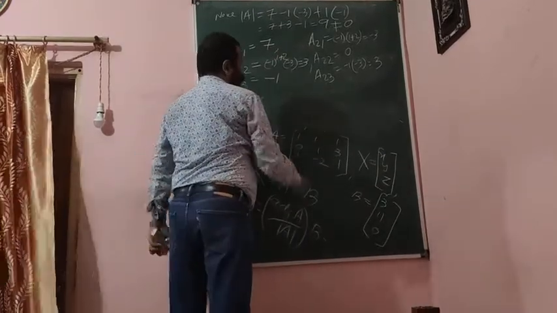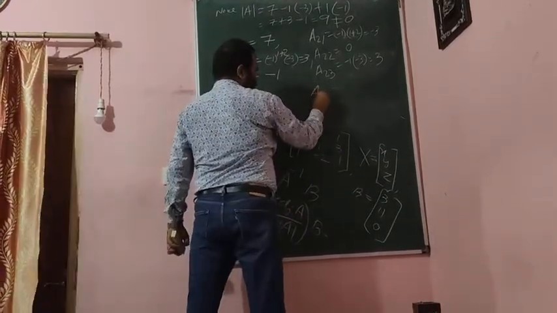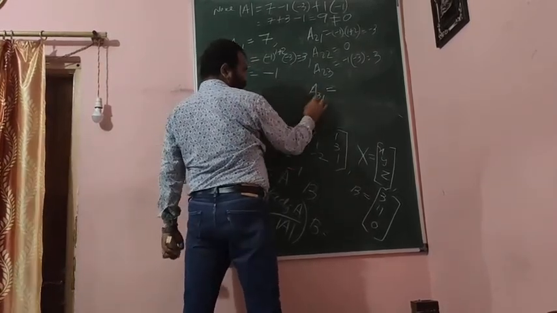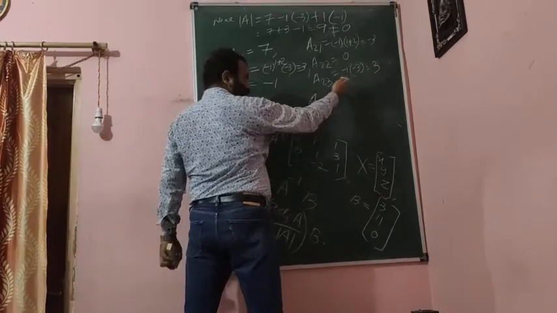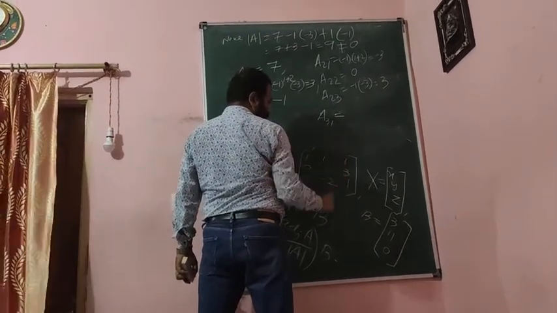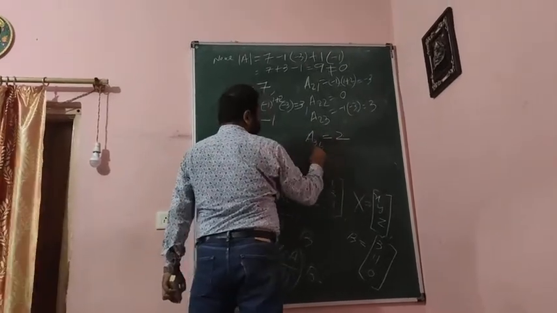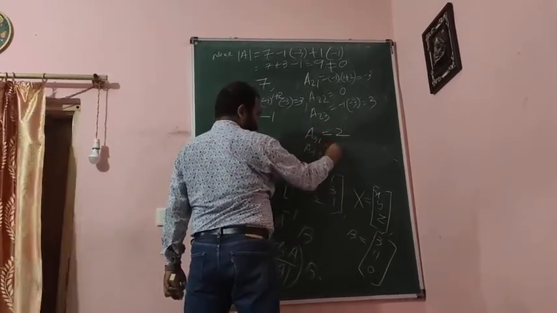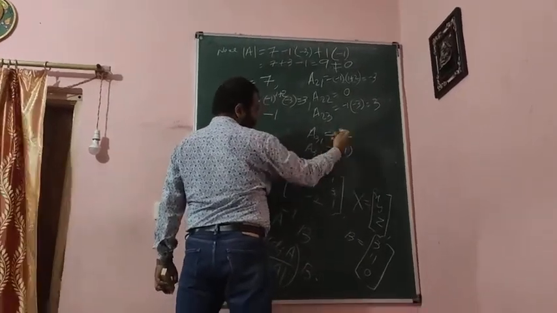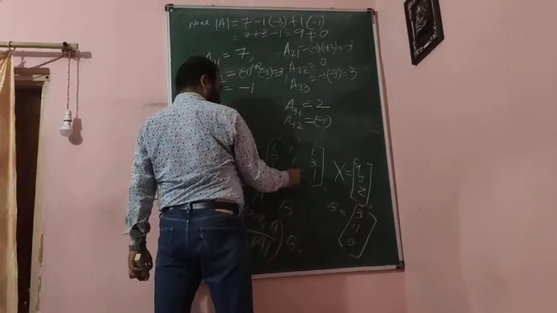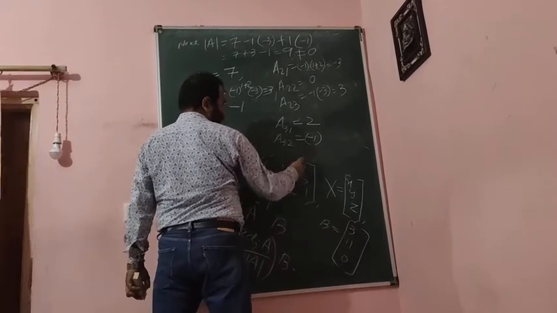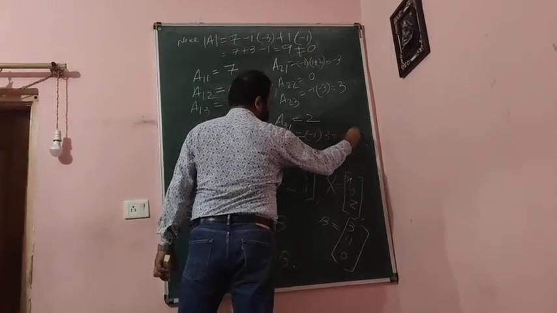Then come to here. Then capital A31. You have to omit this. 3 plus 1 is 4, so minus 1 to the power 4 is plus 1. You omit this, you calculate 3 minus 1, it is 2. And what is here? 3, 2: here it is minus 1 because the sum is odd. Minus 1 to the odd power is negative. And you omit this, 1 is 3, 3 minus 0, so it is 3. So the result is minus 3.